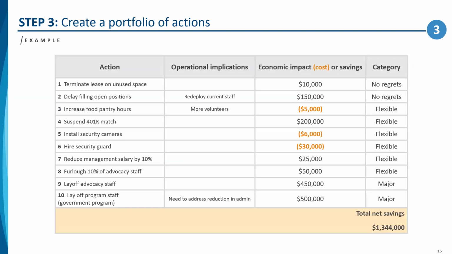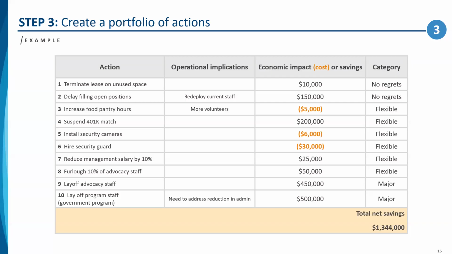Here's an example of what I was just talking through, of really laying out the full list of actions and thinking through what category they're in. Are they no regrets moves, things that are flexible, which you might pump the brakes on if you need to, and then really more major changes. And you can also see, going through the exercise of how much these will cost, whether they actually have a cost to us or some cost savings, can be super useful. In this example, this organization would then know what major moves they're going to make when the time comes.